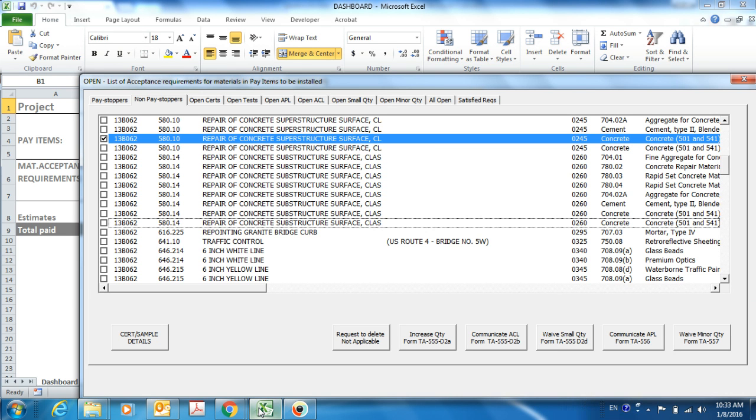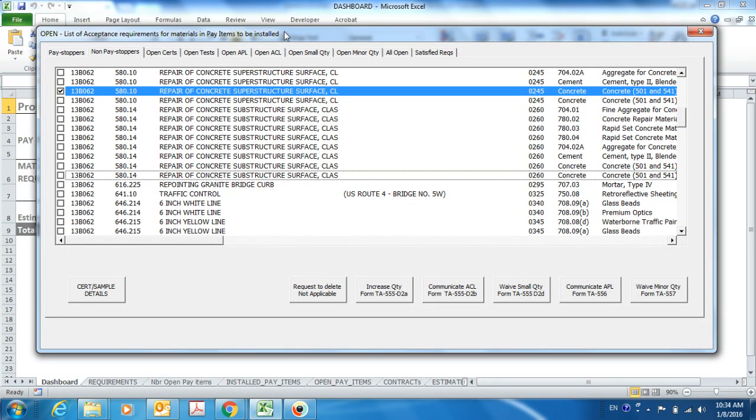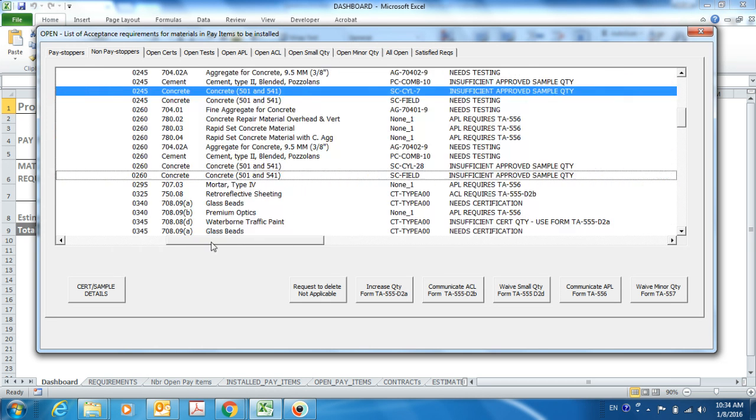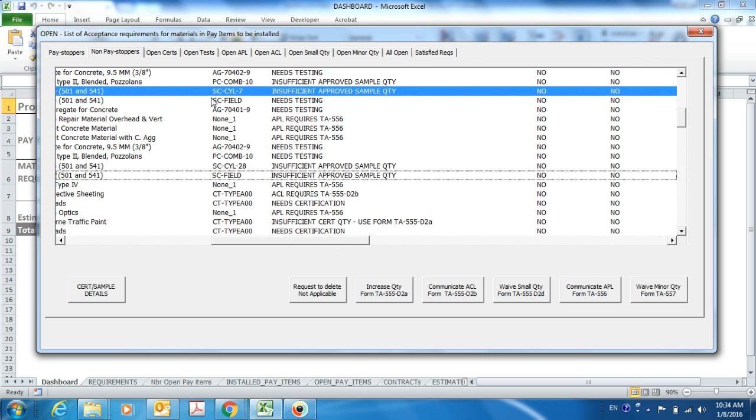I want to show you a new feature on the dashboard. It's about managing samples and certifications that are holding a requirement from being satisfied. In this example, I'm using the manage requirement button to access the non-pay stoppers tab, and here I can see in this pay item you have concrete,